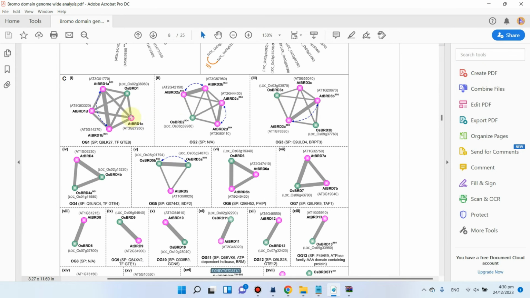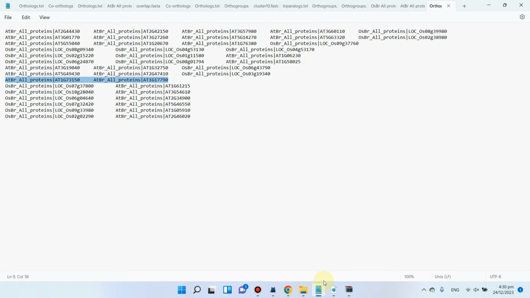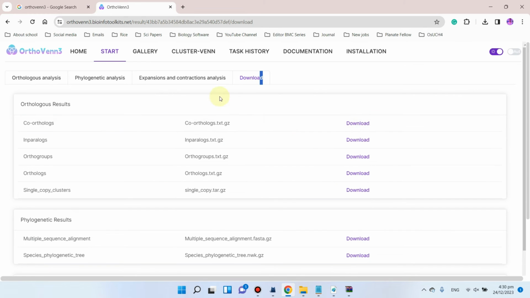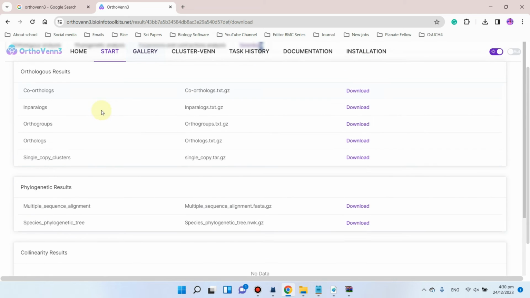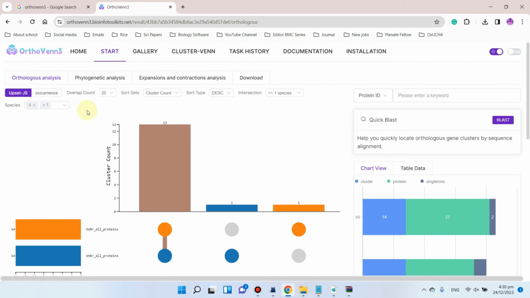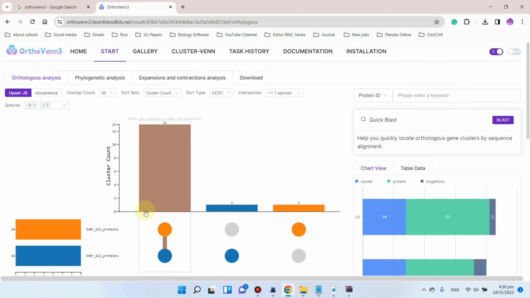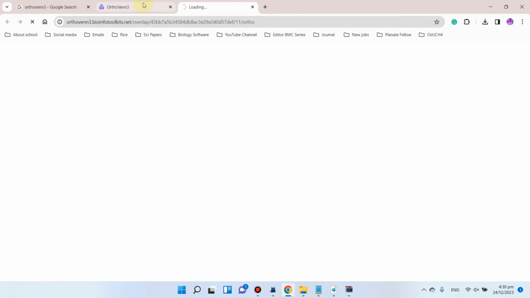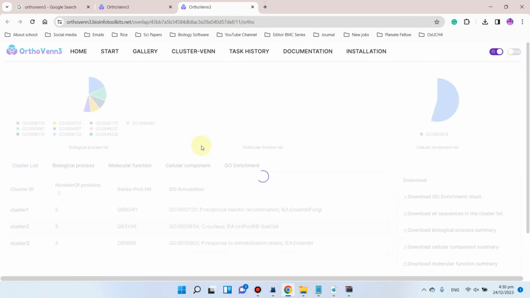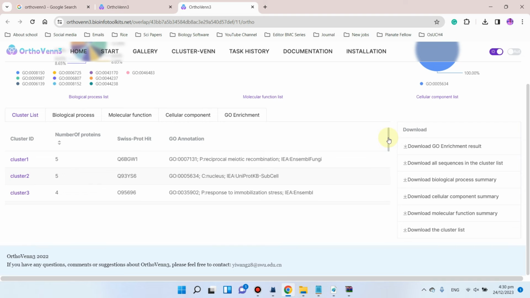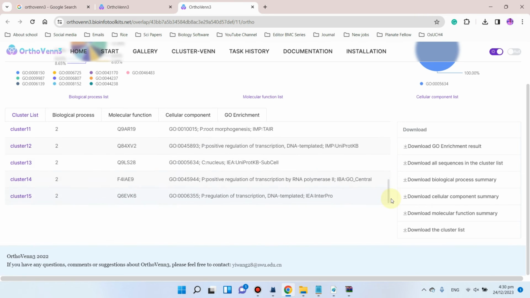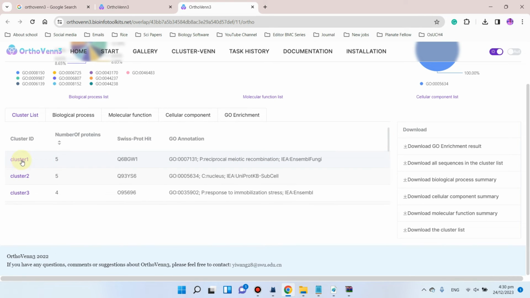So here you can see they have actually drawn these structures. So how can we also draw this type of structure? We can go to this one, and we can go to their clusters. We can simply click on this 13, and it will open all those clusters. Here you can see we have the list of those clusters. In the first cluster we can simply open it in a new tab.